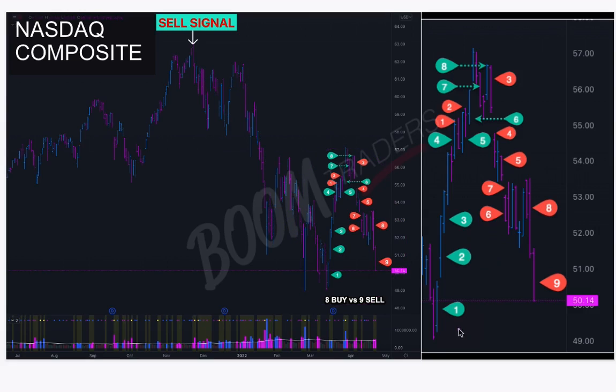So we've zoomed out on the side, and basically the green indicates different buy signals that we're monitoring, and the red indicates different sell signals. Now, all the way up to this rally, we got up to number 8, even though some of them were issued on down days, with only 2 sell signals along the way. Taking note of the numbering helps us determine how much exposure we ought to have